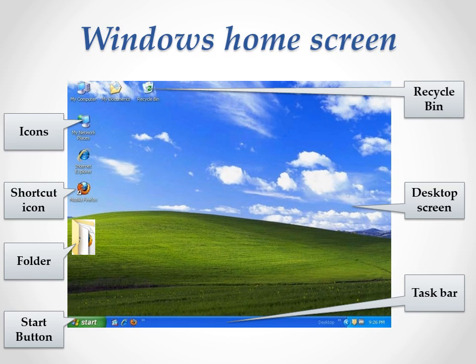It is the main screen, the first screen which is displayed after the computer is switched on. The taskbar is a long bar which is displayed, and it also holds the notification area on the right side, which includes a clock and some icons, and the start button on the left side.